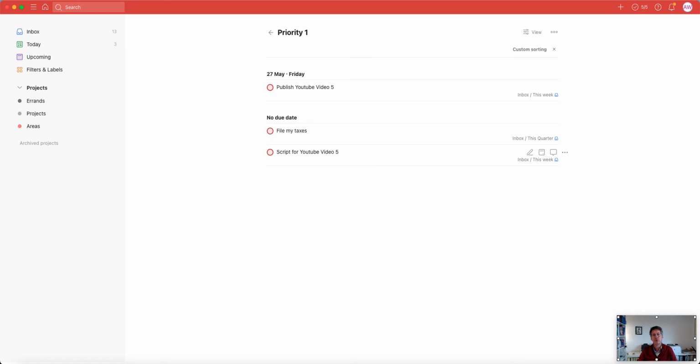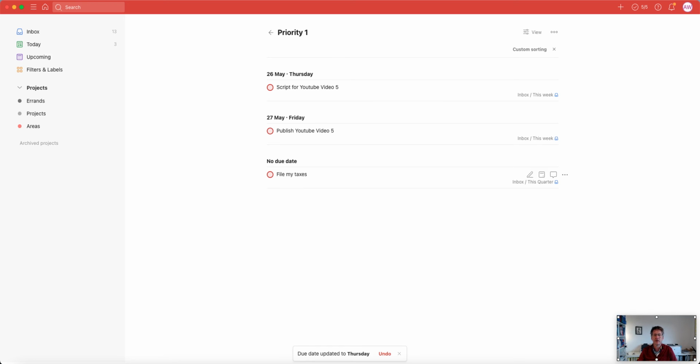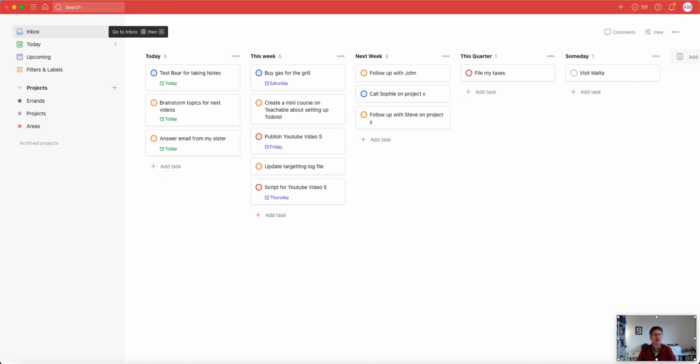Now this does not really work, because this should be done on a different date, so I need to have the script clearly before, so I need to look at the date. So this would be done here. Okay, so now you see that I looked at my priority 1 items. I saw that the script for video 5 was actually not scheduled, but if I want to get the video published by Friday, I need to have the script done by Thursday. So if I go back to my inbox view,